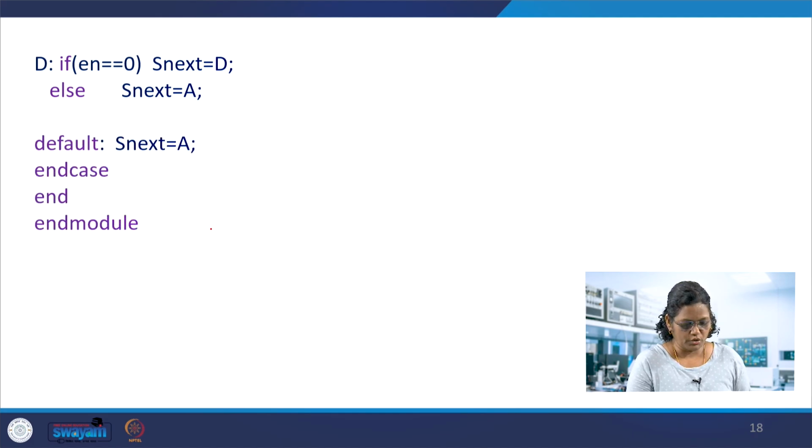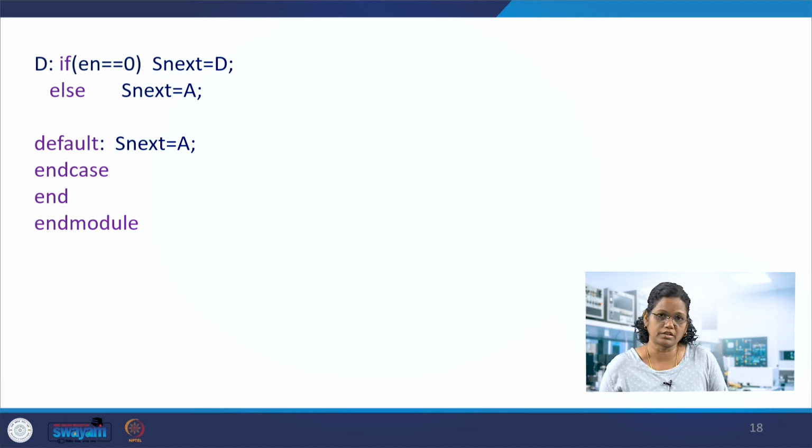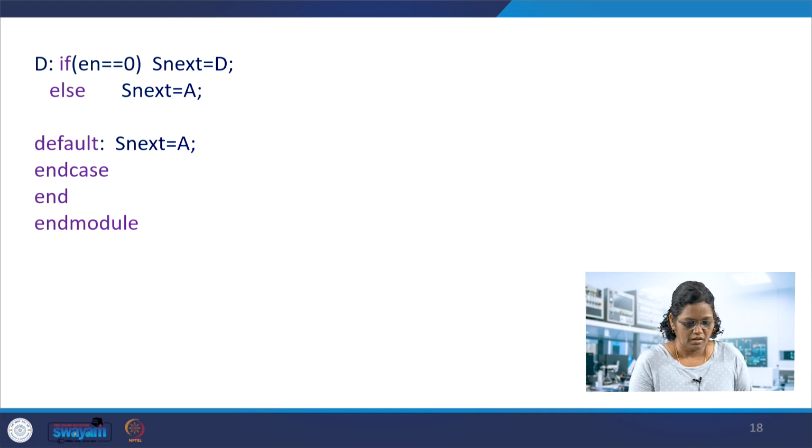So this is the module with the style where the output logic and the state memory are together, and the next state logic is a separate one. With this, we have completed all the cases of the styles, showing how different styles can be made in finite state machines.